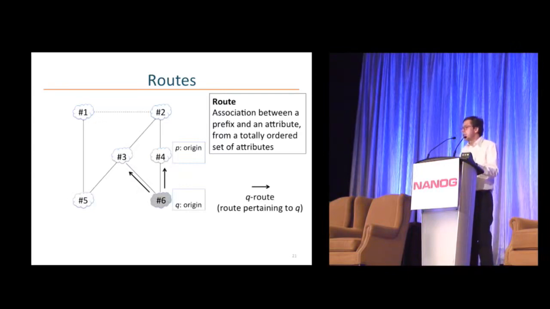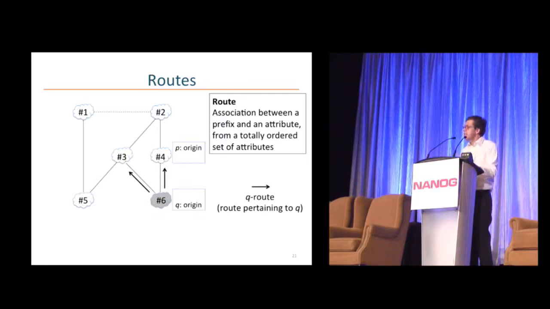The preference among routes just follows the flow of money. Given a customer route, a peer route, and a provider route, I prefer the customer route because the customer is paying me. Then I prefer the peer route. Although the peer is not paying me, I'm also not paying the peer. And last, I prefer a provider route. The exportation of routes is also consistent with the flow of money. Customers buy connectivity from providers, so all routes originated at customers have to be sent by the providers to all their neighbors. All routes arriving at the provider are sent to all their customers.